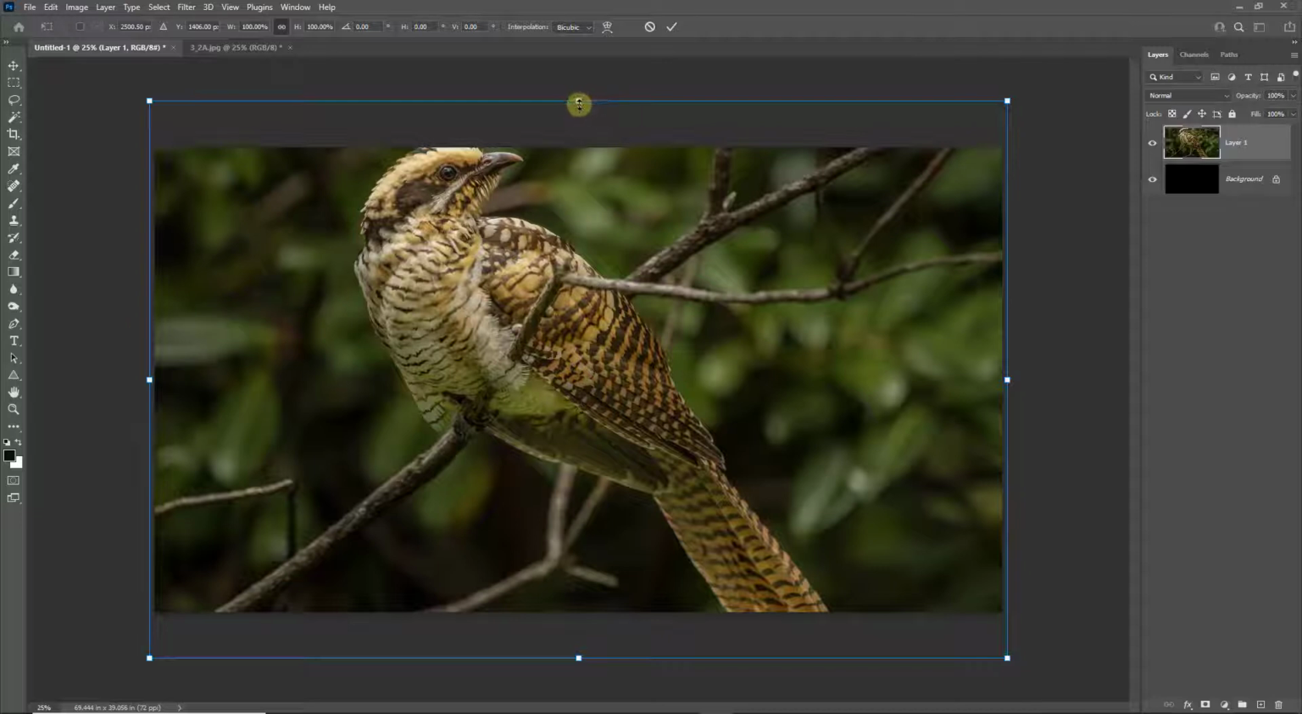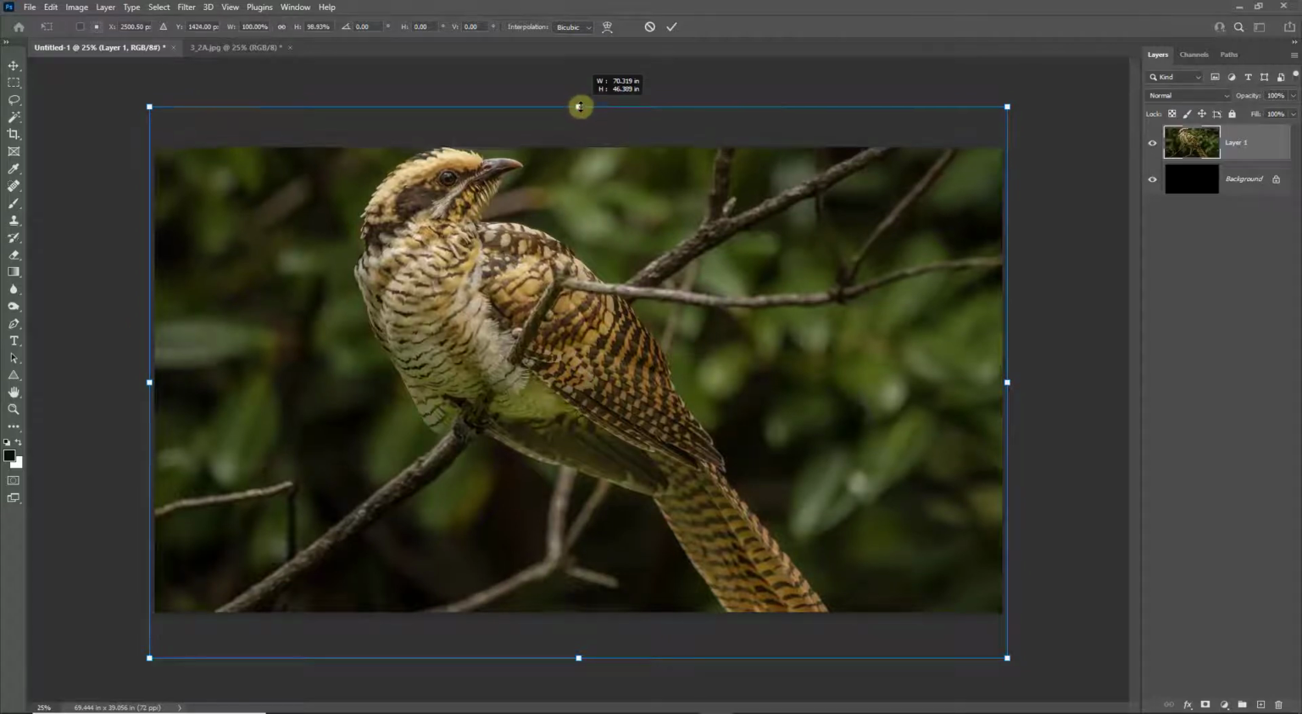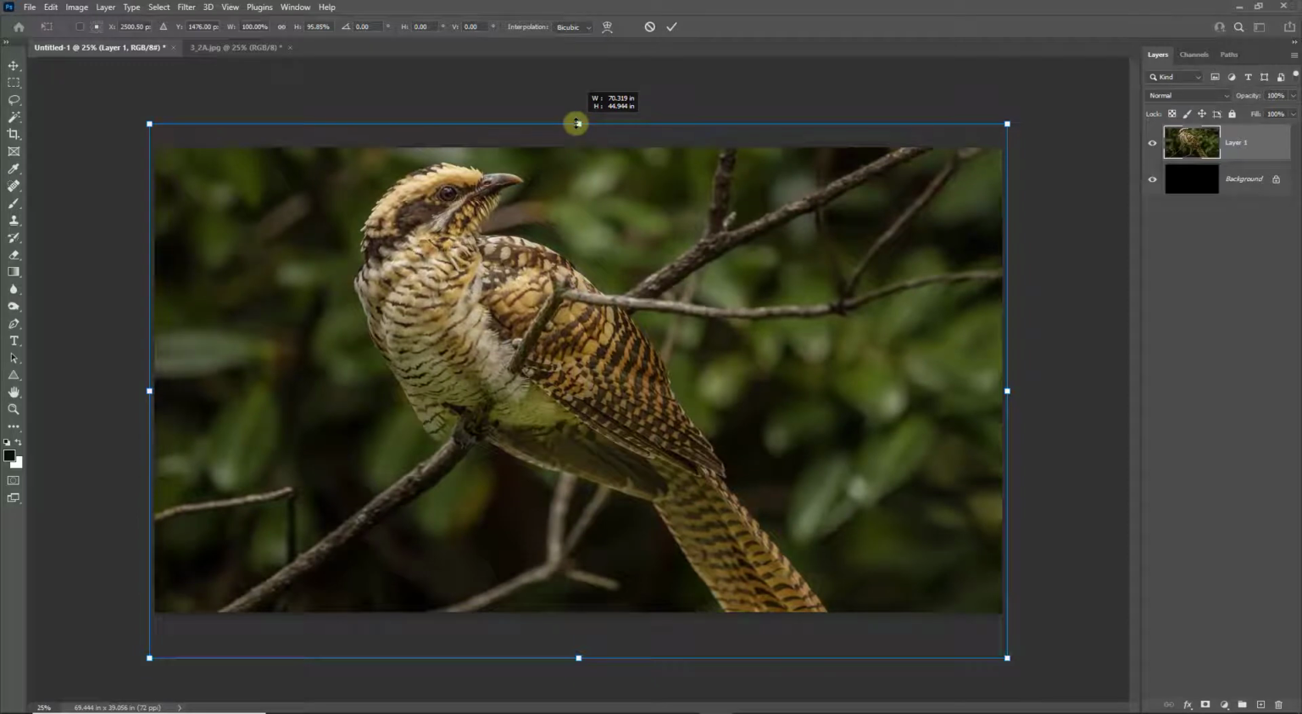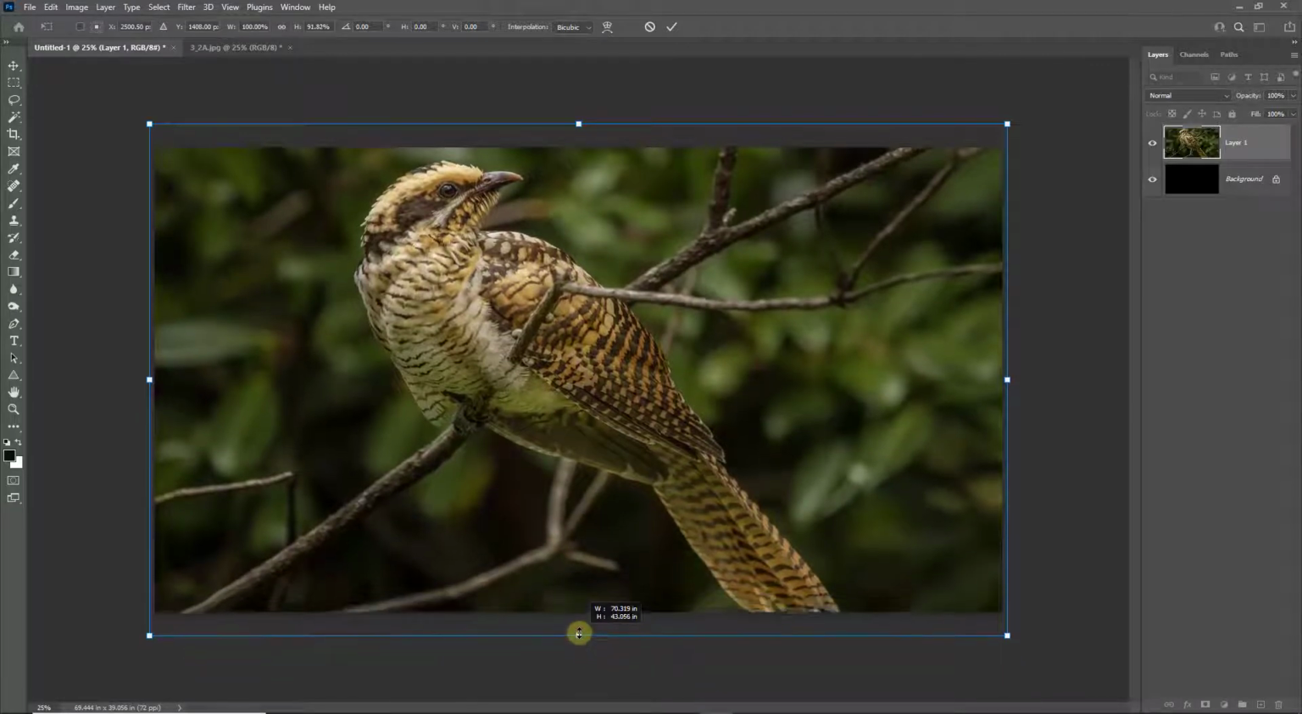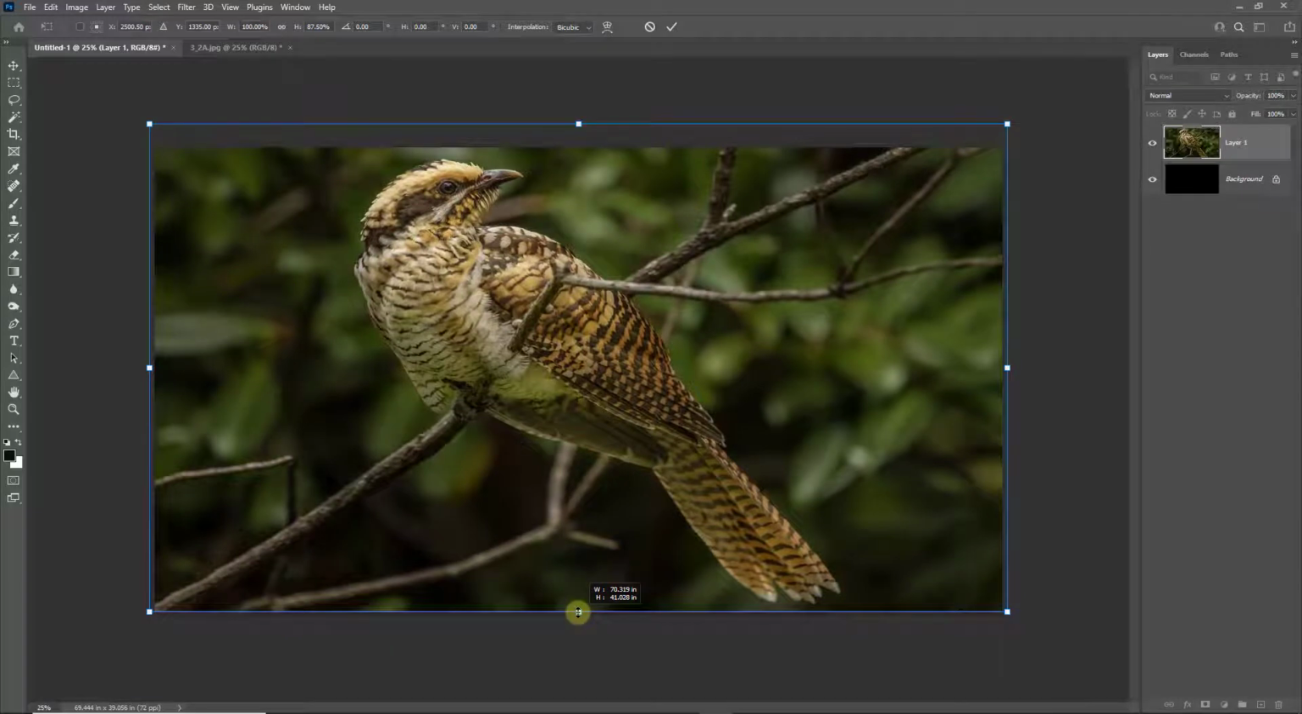So if we go to the center top, hold the Shift, we can drag the bird down. I won't go the full distance, I'll go to a distance which I feel is appropriate. Then down to the center bottom and do the same, just to bring the tail of the bird into the shot. Now if I were to hit the Enter key or the tick on the options at the top of the screen,